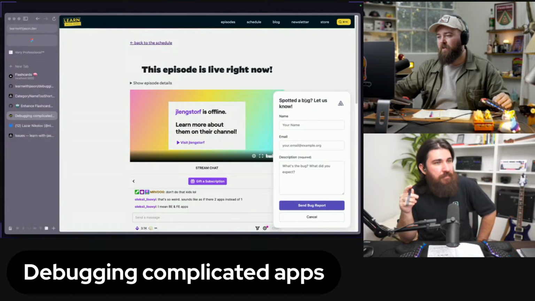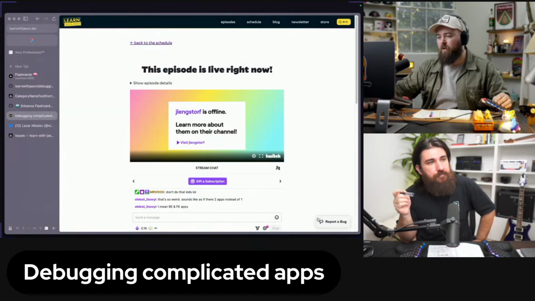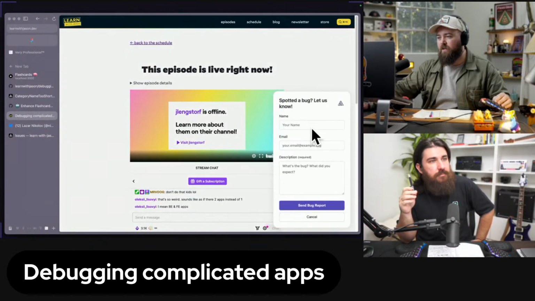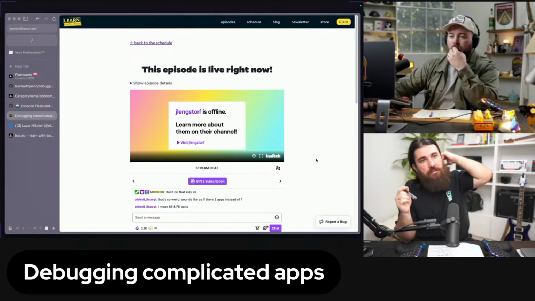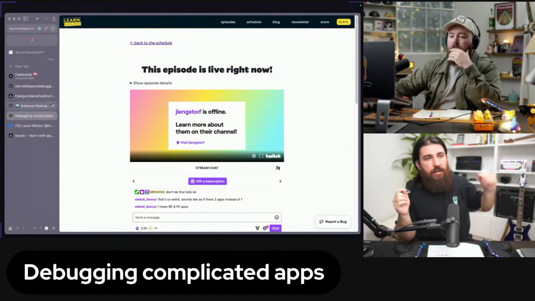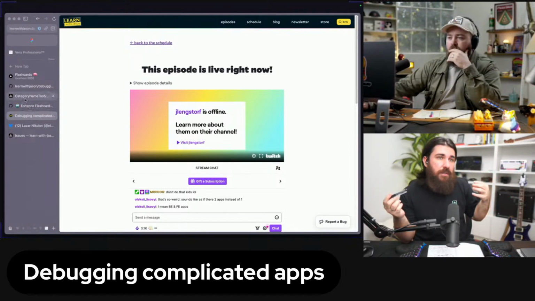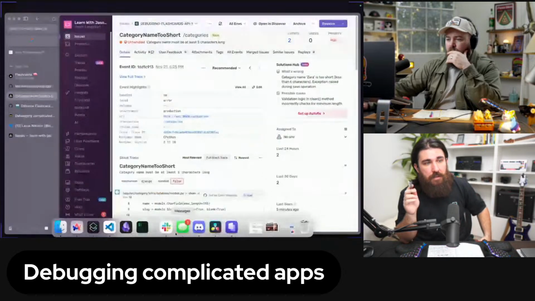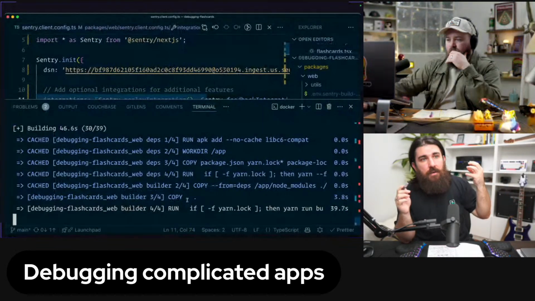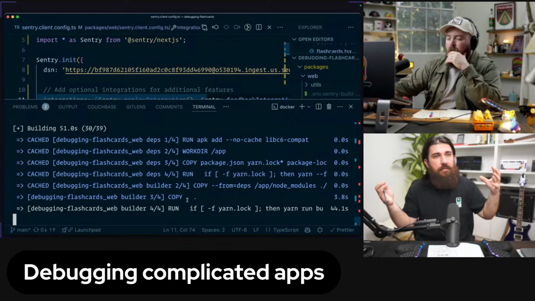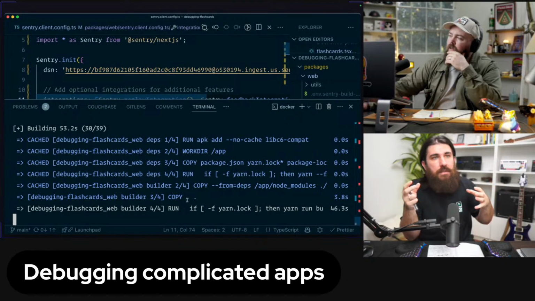Yeah, if you see an issue on Learn with Jason, you can report a bug, and this is using the Sentry feedback thing. This is basically going to tap into the trace itself. And we connected the backend and the front end. So when the user leaves a bug report that categories are not created, it's going to resurface that "category name not found" error that was in the Python project for us. So everything is going to be in one place.